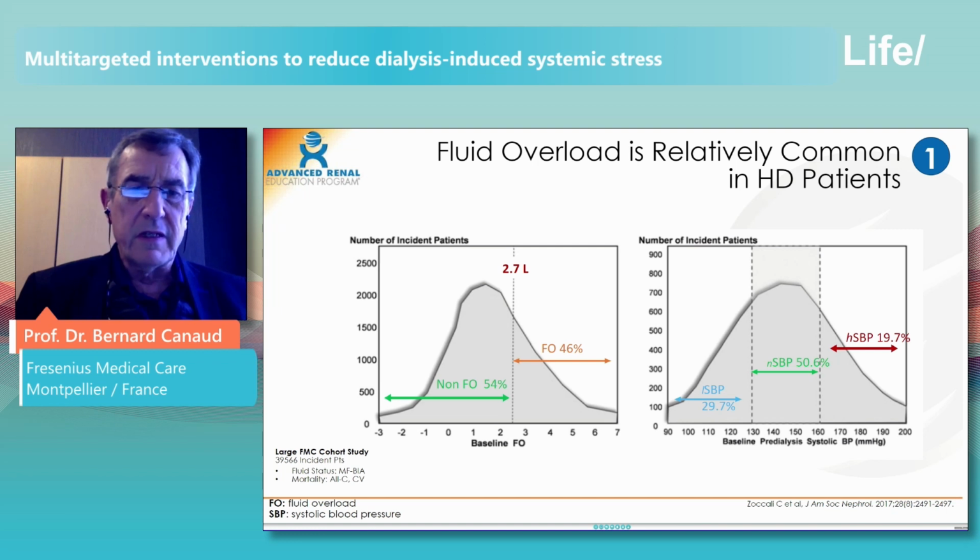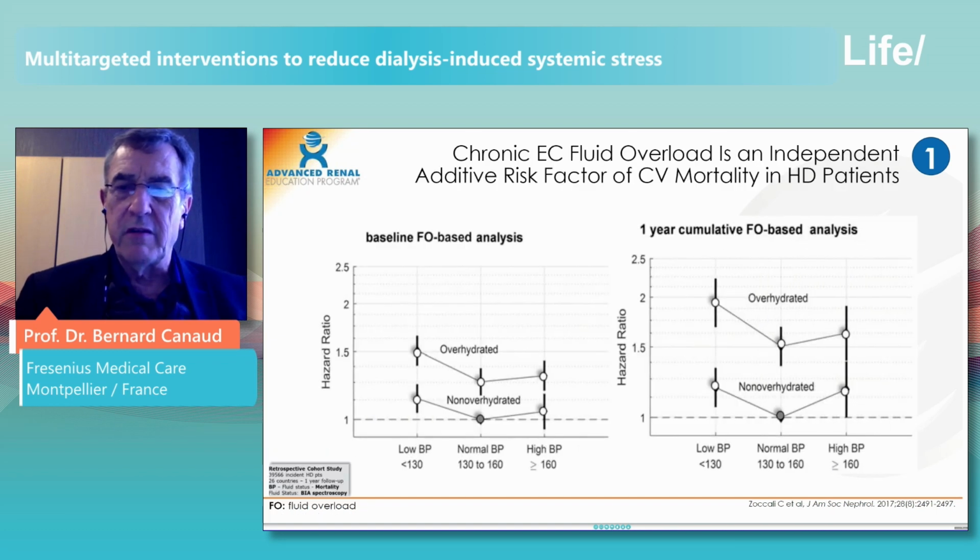If you look at this almost 40,000 incident population, almost 50% of the patients present, I would say, high fluid overload over 2.7 liters. And on the right side, you can see the hypertension impact. Depending on the level or threshold value for the systolic blood pressure, you can move up to 20% or even 70% if you select what KDIGO is recommending, 130. So up to you, but still we have to do something for the patient to correct the fluid overload and